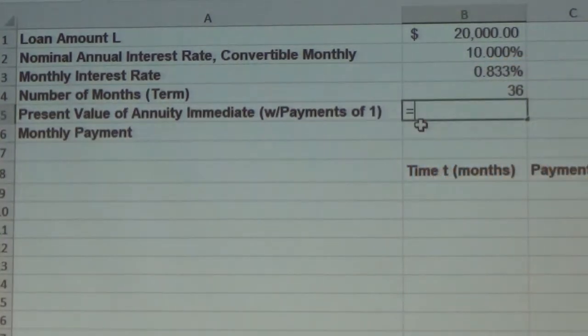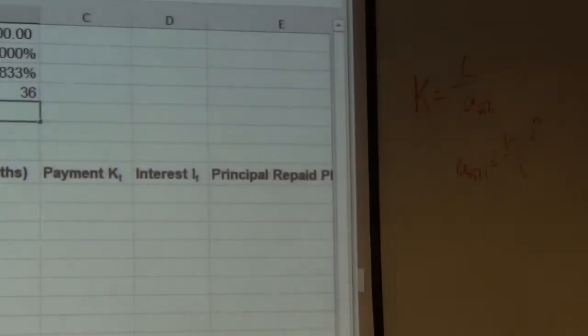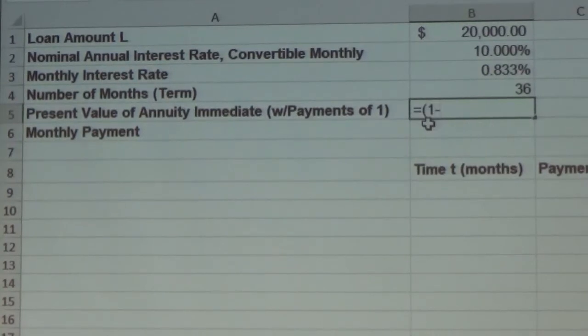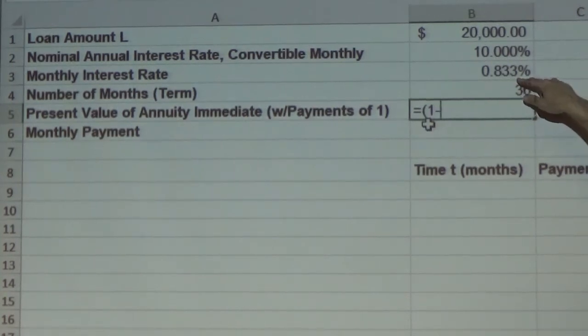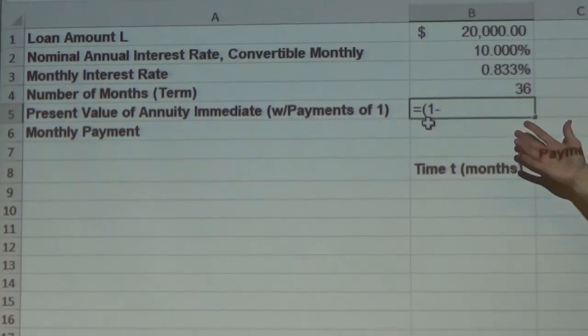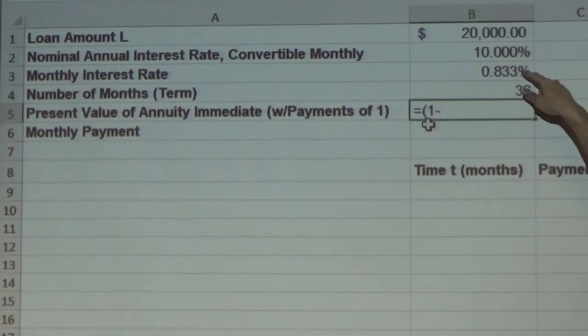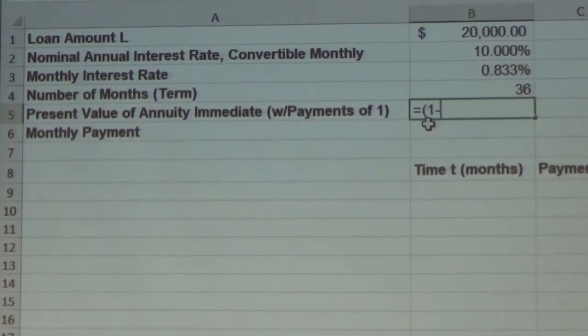Well, let's go ahead and do this calculation. Let's first figure out a_n. So what I'm doing here, look at the screen again, is I'm going to do 1 minus v to the n. What is v? v would be the monthly discount factor, which would be 1 plus this thing as a decimal, 1 plus 0.00833, to the negative 1 power. That would be what v is. When I raise v ultimately to the 36 power, I can raise 1 plus this thing to the negative 36 power. Now that interest rate is in cell